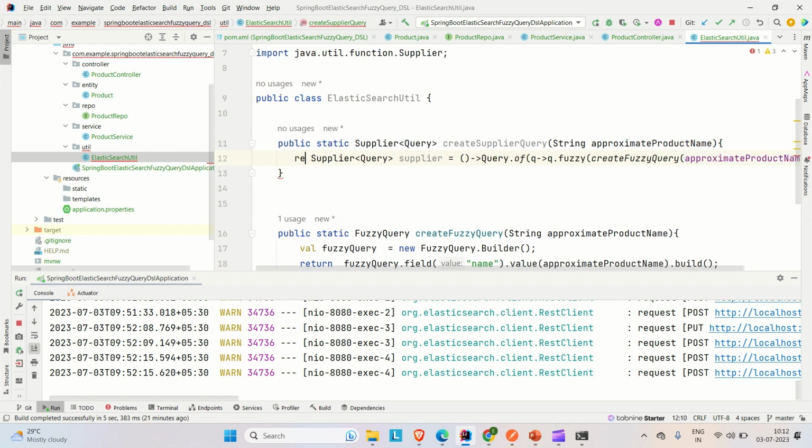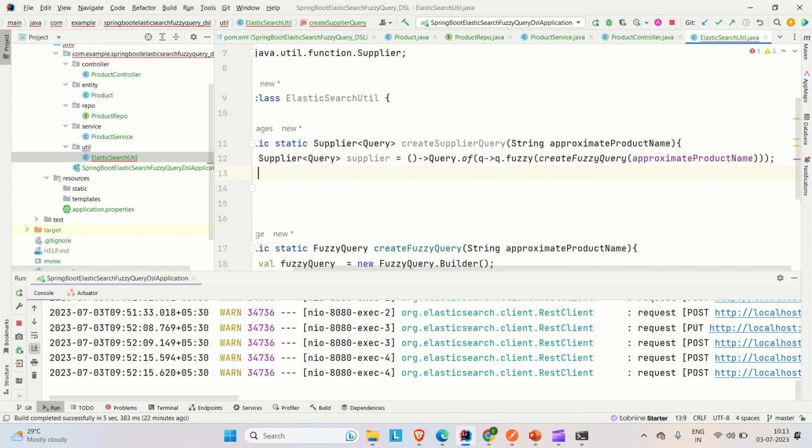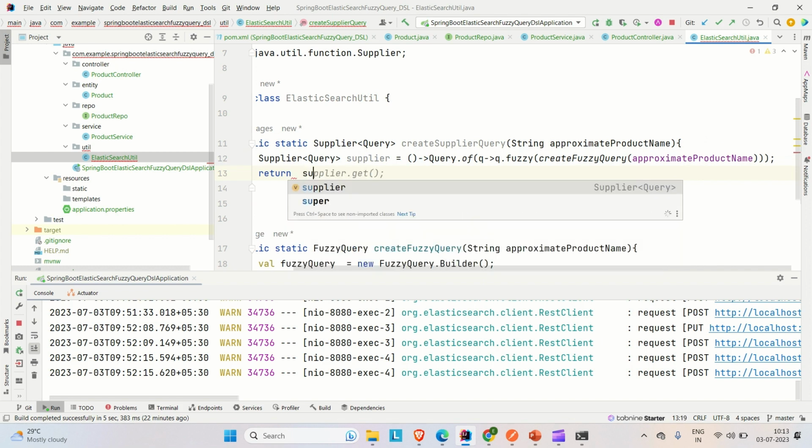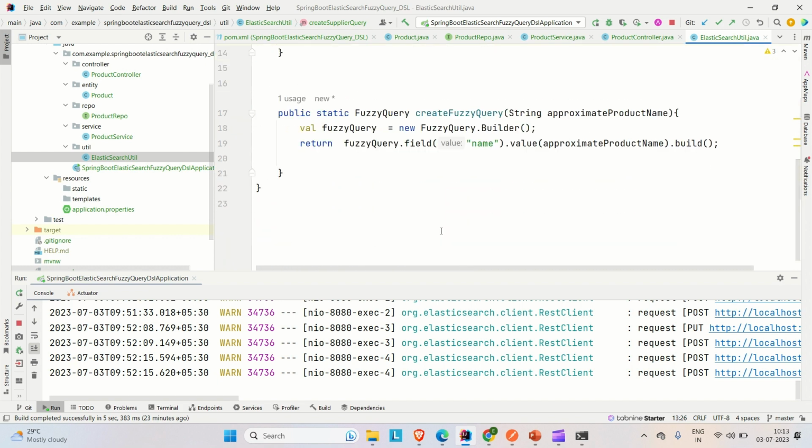Let me try to return it from here. So let me try to return on the next line, return supplier. So we are good now. So what we did, we have created the fuzzy query, and this is doing a fuzzy search based upon the